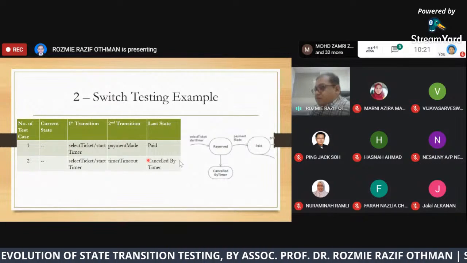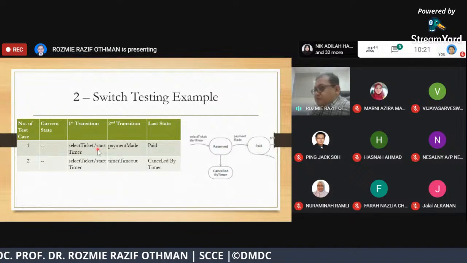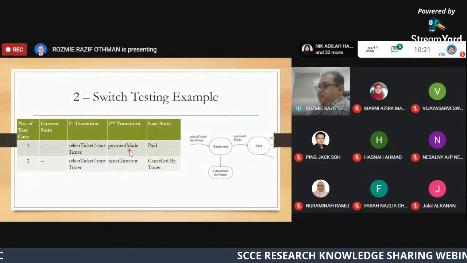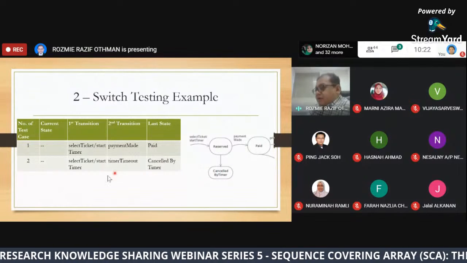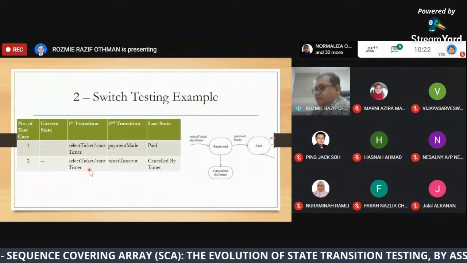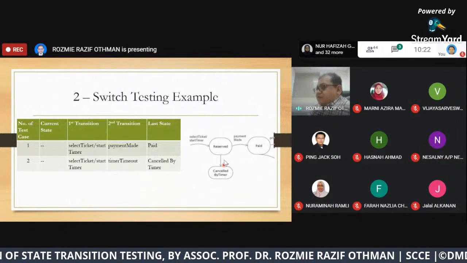So for example, here we start from the initial state. We test select ticket and start timer transition, and also payment made. Okay, and then the last state would be paid. And then test case number 2, we test select ticket or start timer, then timer timeout. Okay, we see that it will go to cancel by timer.